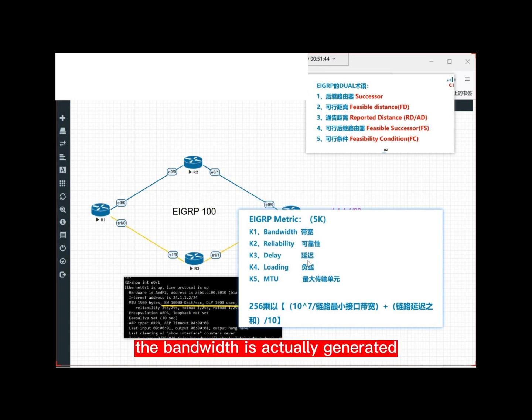The bandwidth is actually generated according to the physical characteristics of the interface. If you change an FE port to 1000, it's not a gigabit port either. It's just that the command we wrote, only when calculating based on routing, will serve as a logical reference parameter, which then affects our calculations, which in turn affects routing. We talk less in the NA stage, because the overall DUAL algorithm will be covered in the NP phase. So for these parameters mentioned in NA, you also need to understand the names. Next,